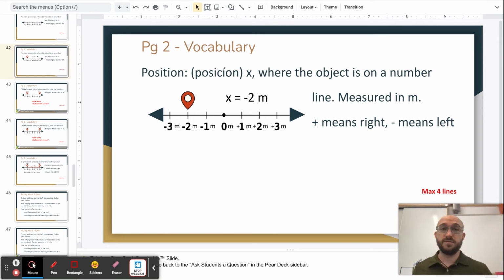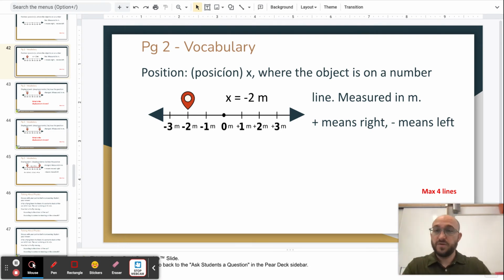It's measured in meters, where positive means to the right of 0 and negative means to the left of 0. Sorry, from your perspective. Positive direction, negative direction. And here we have a picture, please draw it, of an object at x equals -2